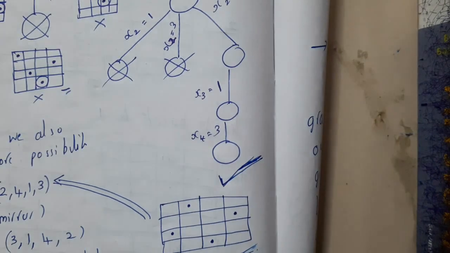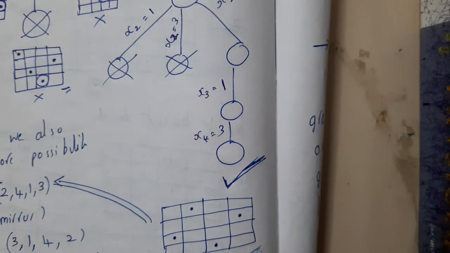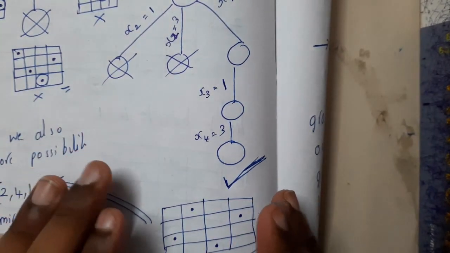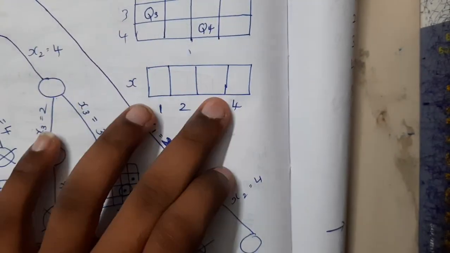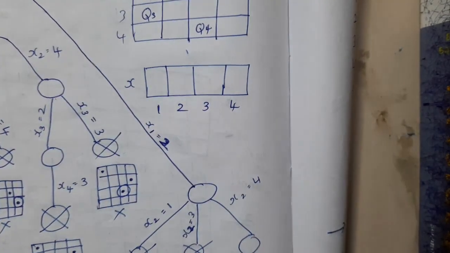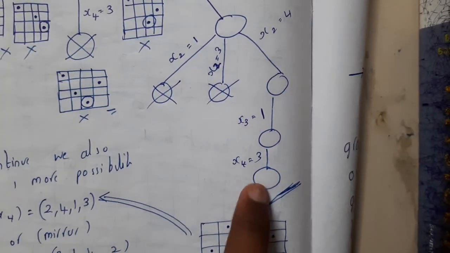So this is the state space tree for the 4 queen problem. You might have a doubt: why did I stop it here? I should continue till the end, right? Yes, I should continue till the end. But if I continue till the end, the problem will be too lengthy. That is the reason you just write a statement that this is the solution.